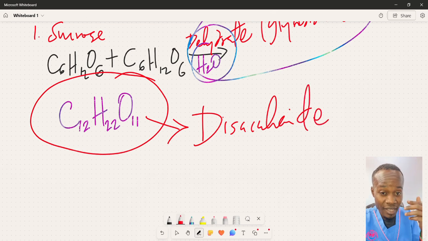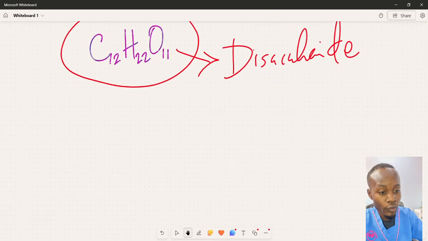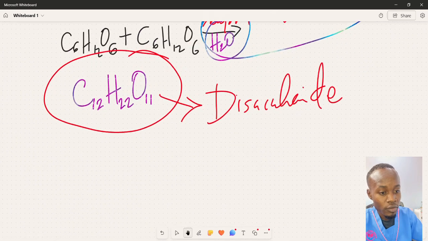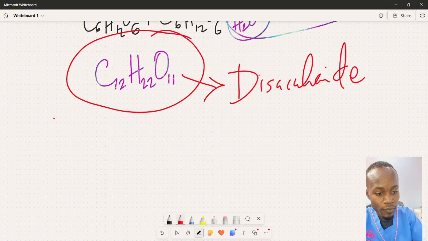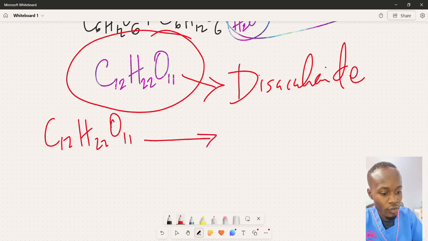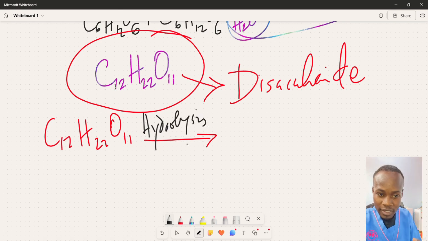This one here is a disaccharide, and you can reverse this process as well. And how do you reverse this process? Through hydrolysis. C12H22O11 through hydrolysis, or the presence of the enzyme of that particular disaccharide. For example, if it's maltose, the enzyme will be maltase, and therefore maltase will be able to hydrolyze these disaccharides